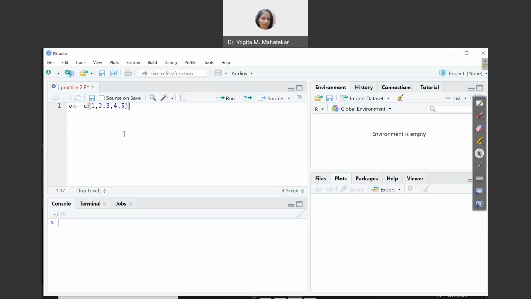But right now the command is just typed. It is not yet executed. To execute this command, you simply click on Source. The Source button is present here at the top title bar of your source file. When you click Source, whatever you have written inside the script file practice2 will get executed and its output will be shown in the console window.